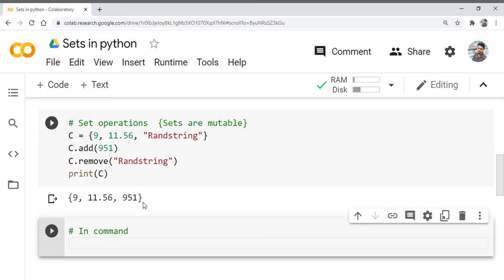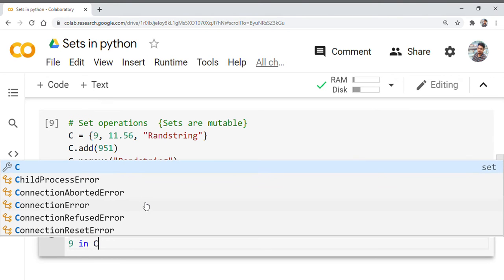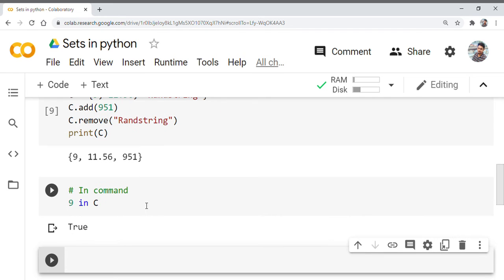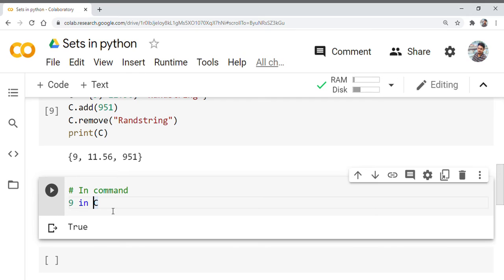To check this we can use something like 9 in, just in, space, and then the set which we are intending to check. Okay, 9 in C, this is the question, and then we will be getting the answer. If 9 is present inside the set C, we will get True. If not, it's False.